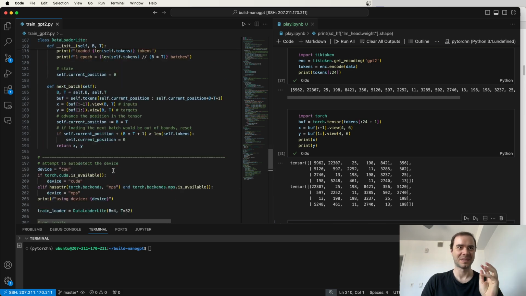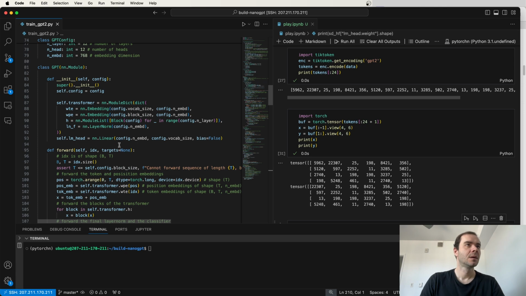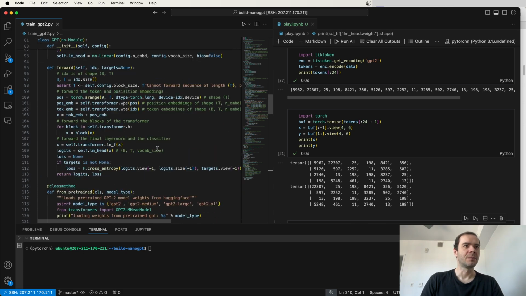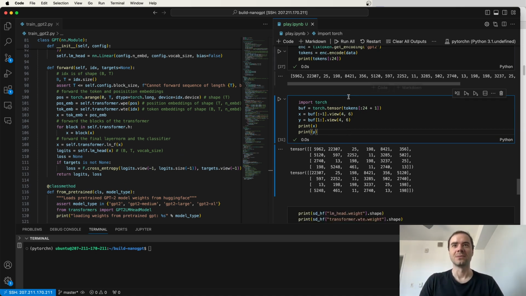Okay, next, I want to fix a bug that we have in our code. It's not a major bug, but it is a bug with respect to how GPT-2 training should happen. The bug is the following. We were not being careful enough when we were loading the weights from Hugging Face, and we actually missed a little detail. So if we come here,